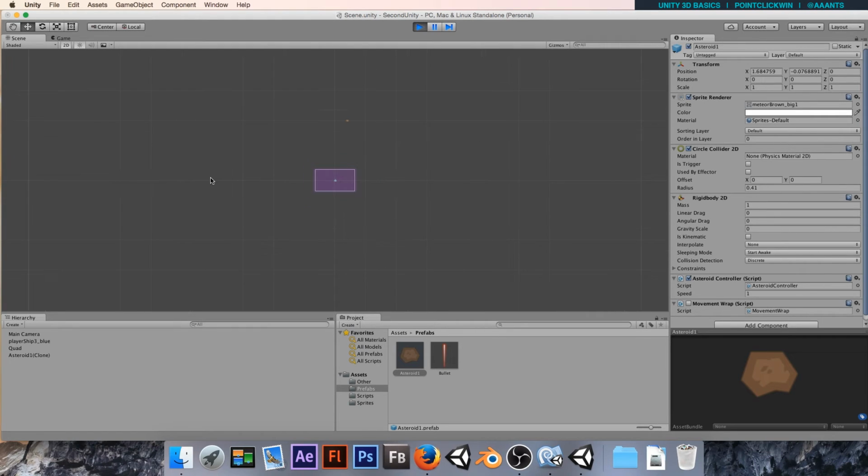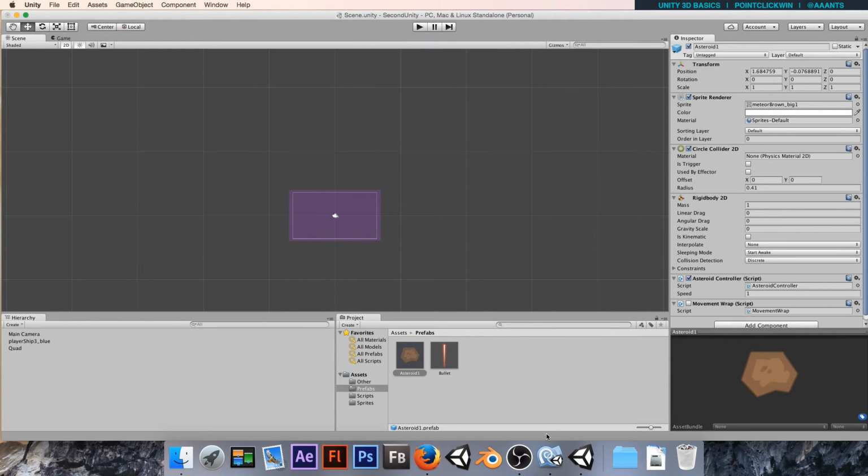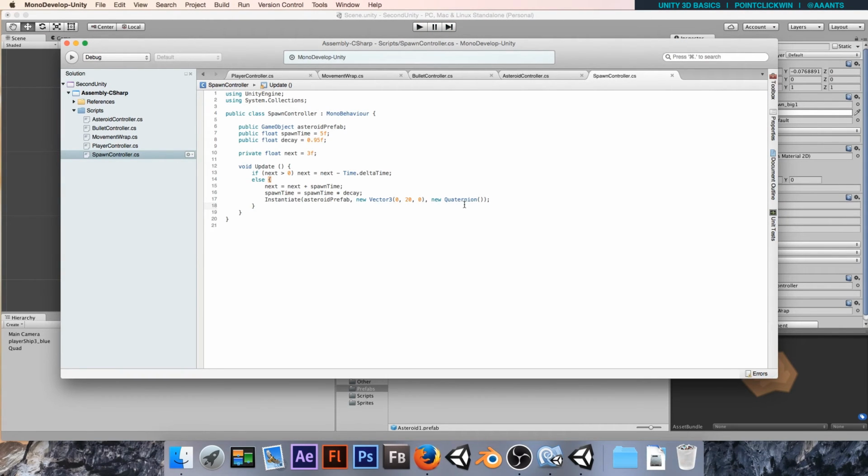And after 3 seconds, there we go, we've got a rock up there. So they are very high up the screen. And that's okay, because when we come to wrap it, they will instantly snap back to the bottom if they do spawn up there. We're going to apply some random rotation though to get them spawning in a circle around the screen. So let's just stop there, and in the code, after we've instantiated it, we're going to rotate it